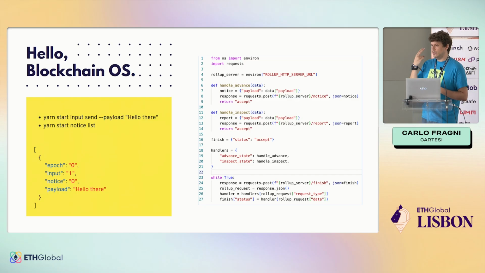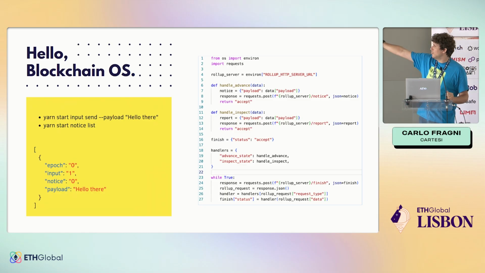And when you call it, you're doing two things. The first thing is you're putting a payload saying what happened with the previous thing you processed. Is it okay? Is it invalid? If it's okay, you return a status accept, saying it's fine, the Cartesi machine should advance to state. If it's invalid, if it's something that will corrupt your application or anything like that, you can just reject it by returning a payload with status reject. Once that happens, the Cartesi machine halts and it's waiting for the next input.